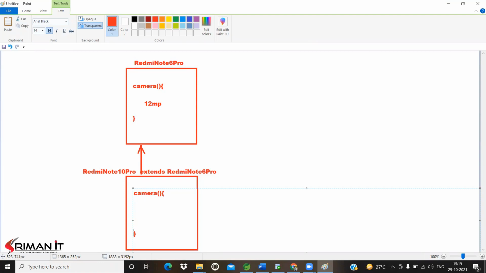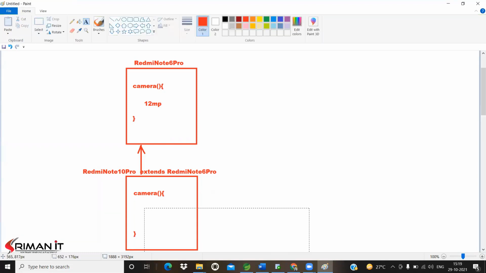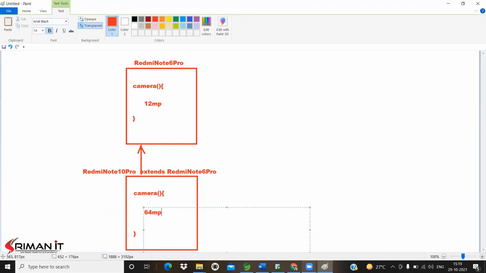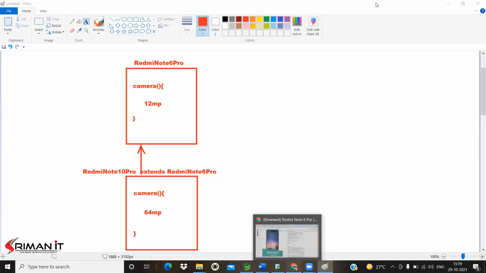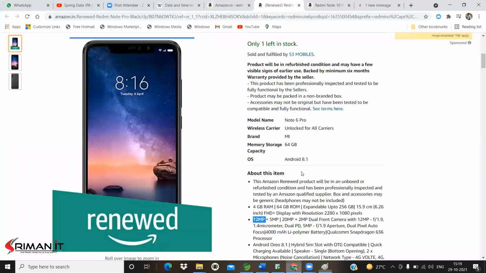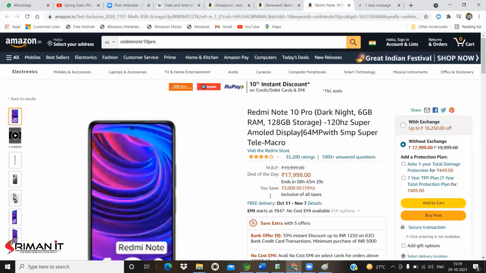We can't change the name of that service. Now here the camera megapixel is 64 megapixels. Let me open the Note 10 Pro. Then what is the camera? 64 megapixel quad rear camera.